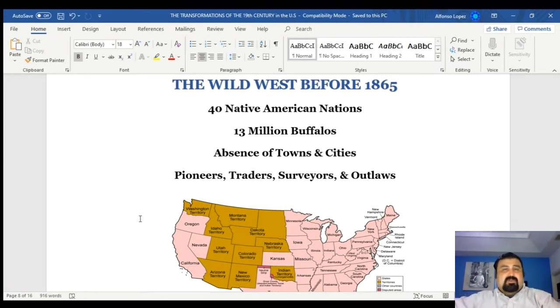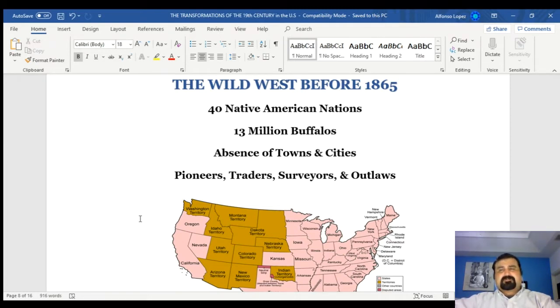So we don't have settlements, of course. There's an absence of towns. There's an absence of settlement. There's an absence of cities. For the most part, the inhabitants of those territories, which today are simply referred to as the Great Plains, the Great Plains region that you see in this map, were still inhabited by Native American groups. There were about 40 Native American nations that lived in this area, most of which, as we'll see in this discussion,